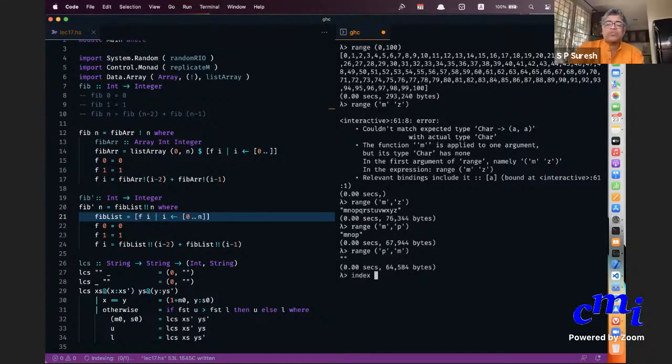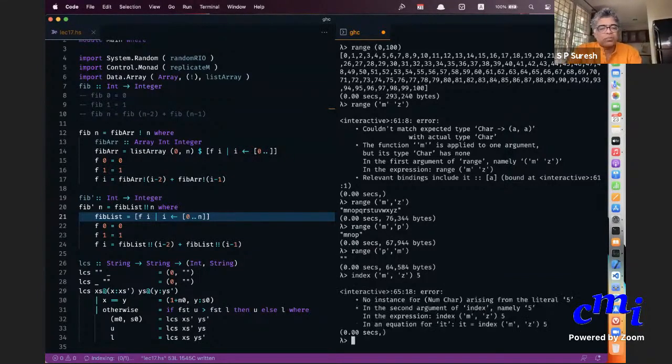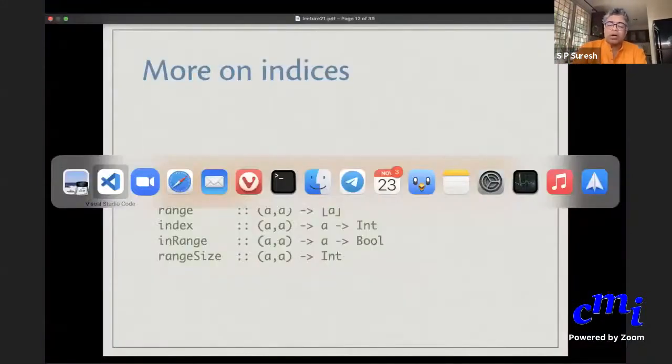So you can ask for index. You can use any range whatsoever. M to Z, I'm saying. In this range from M to Z, where does the element R occur?